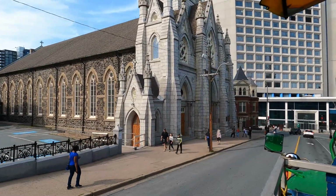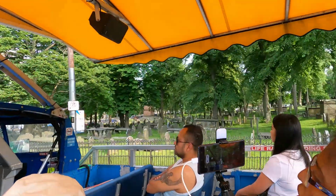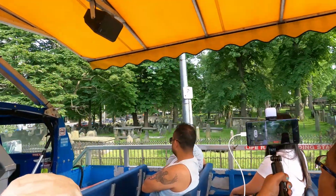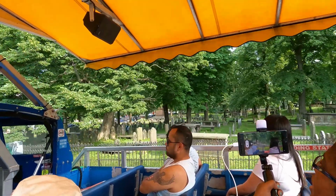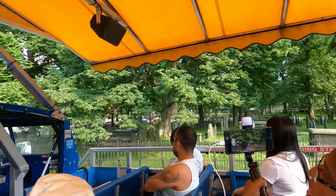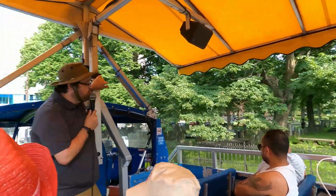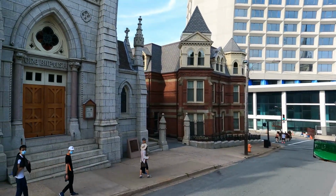A cool fact about the cemetery, guys: it's one of the oldest ones in North America, and the first grave was dug about 2 days after Halifax was settled here in 1749. We also have a famous general buried there, General Robert Ross, a very famous British general during the Napoleonic Wars, and as well, he decided,